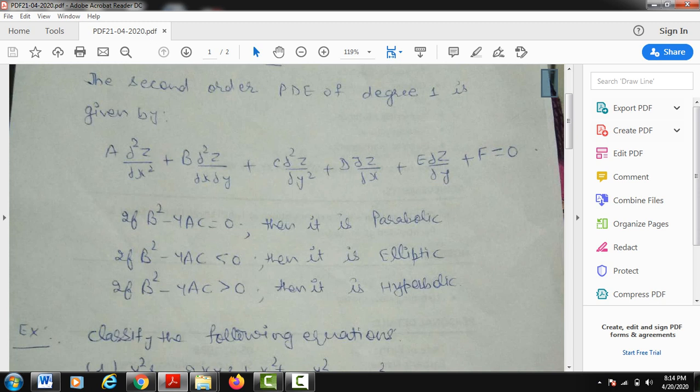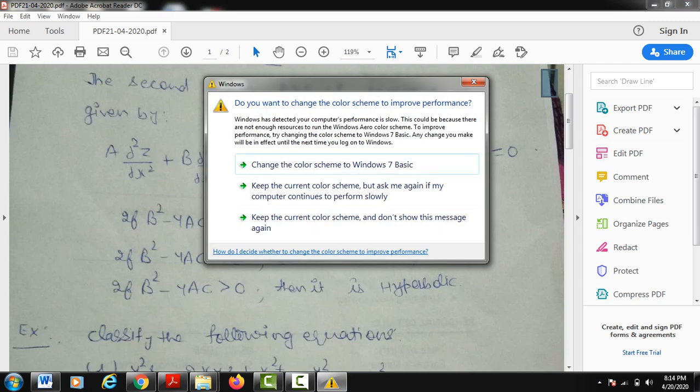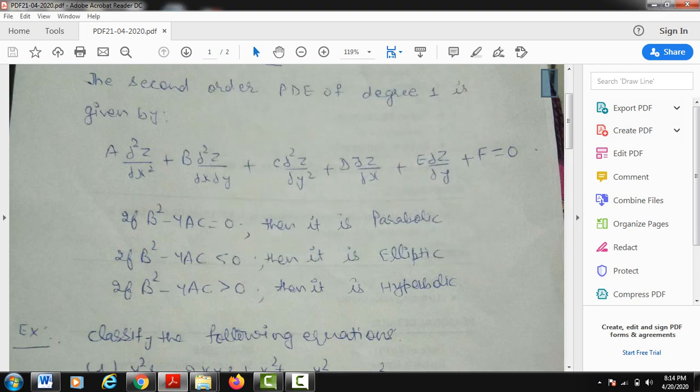Okay. So students, one thing you also have to keep in mind, as we have discussed in our conic section, the conic is basically a locus of a point which moves in a plane such that its distance from a fixed point or a fixed line is constant, and that constant ratio is known as the eccentricity. On eccentricity we have three conics: parabola, ellipse, and hyperbola. If eccentricity is equal to 1, it becomes a parabola. If eccentricity is less than 1, the conic becomes an ellipse. And if eccentricity is greater than 1, the conic becomes a hyperbola.